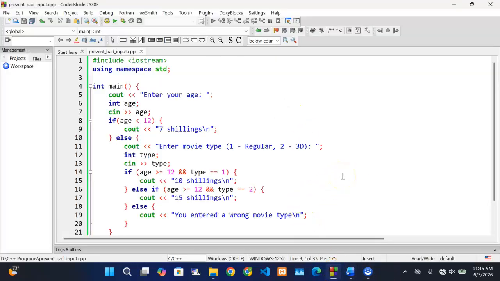So there are several approaches that people use in order to prevent bad input. Are we together, guys? So I'm just going to show you one of the approaches. This is as far as C++ is concerned. If you are using another programming language, there could be other approaches there. So I'm just going to show you one of the approaches. Okay, so